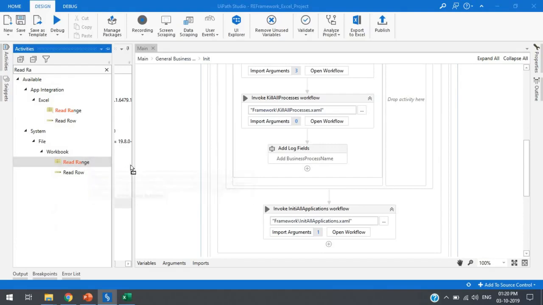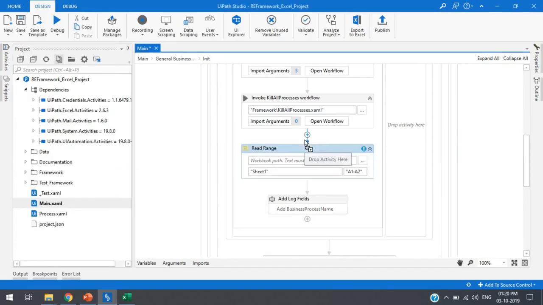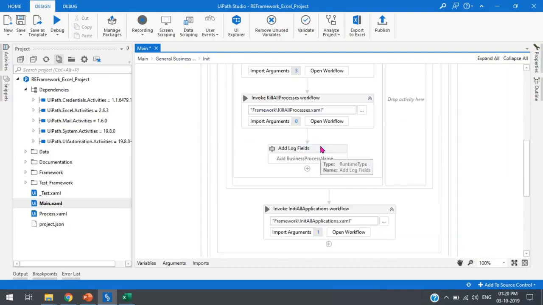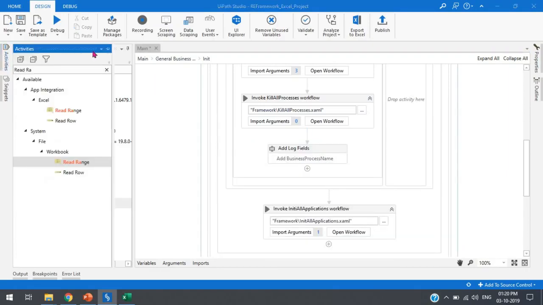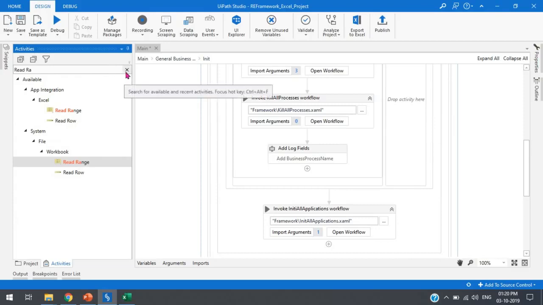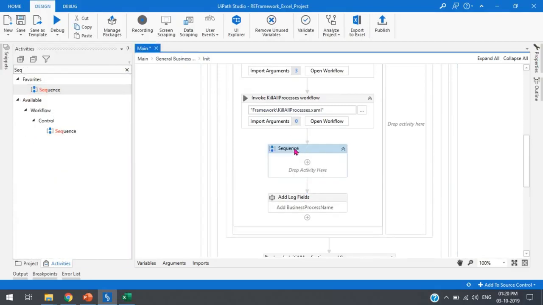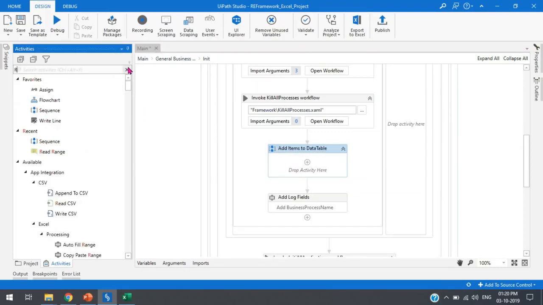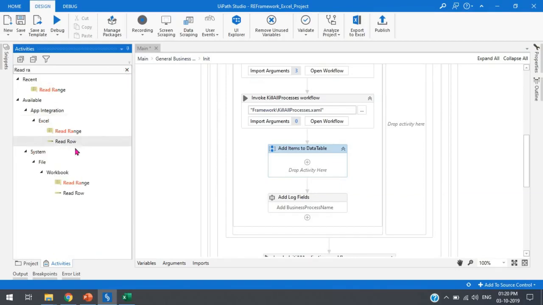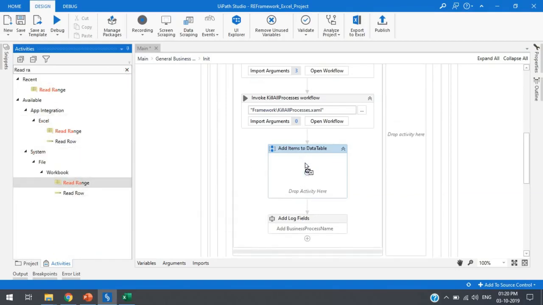So directly I am going to take this and put here. Before that I am just taking one sequence here, and this is for add items to data table, and take the rearrange. This is from the workbook,